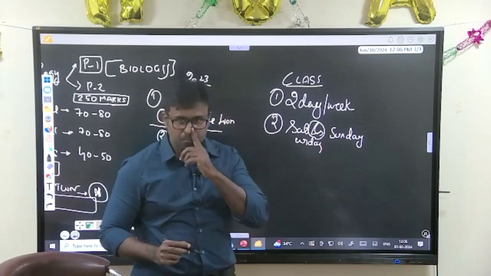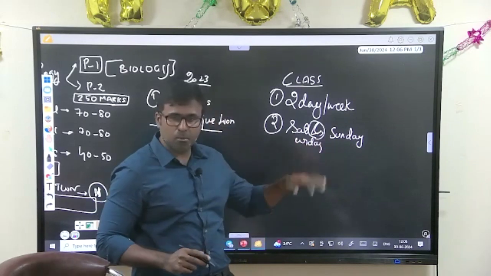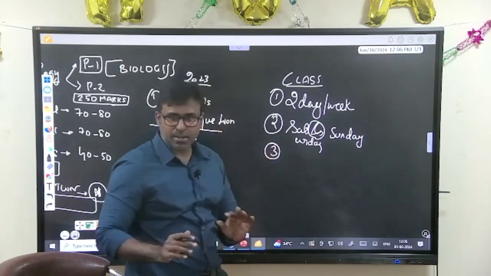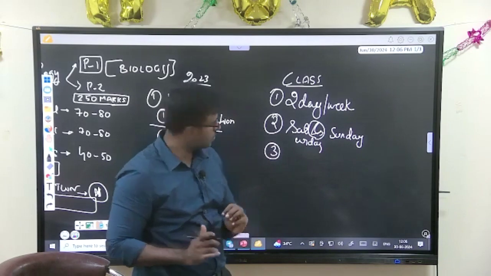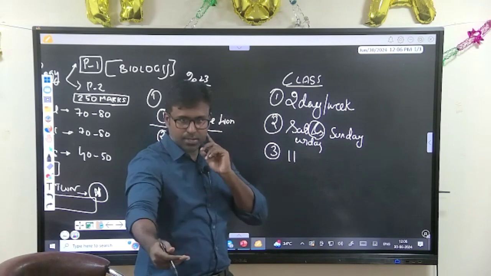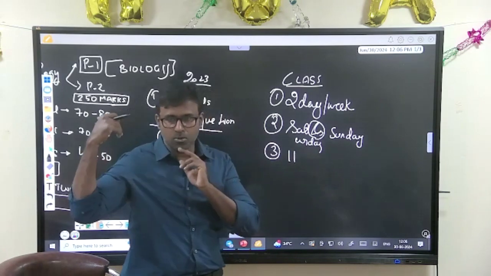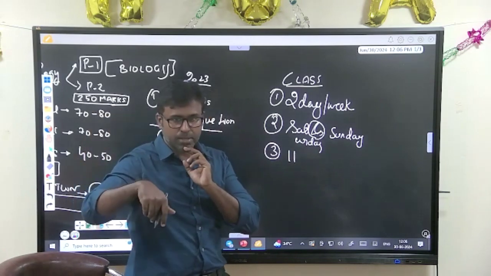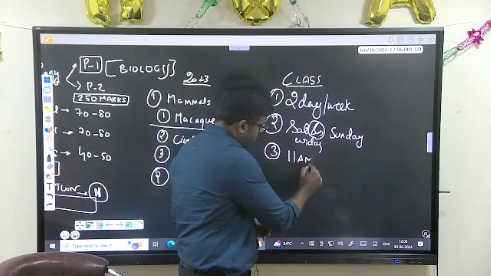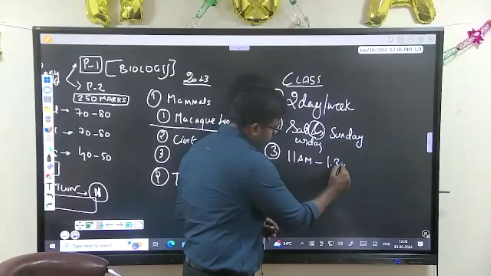Saturday and Sunday. Okay, this will be more than enough. And the class length, usually, see, the usual time, because I have said it to others also, because my house is in Tambaram, so I have to come from there. So I have kept it 11 a.m. because of that. Okay. So 11 a.m. to 1:30 p.m.